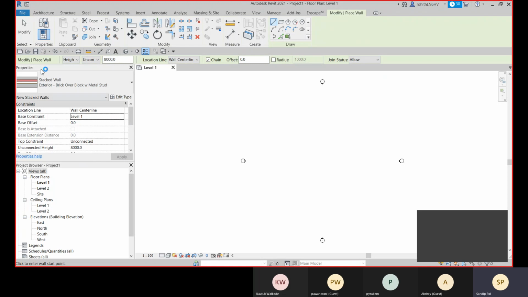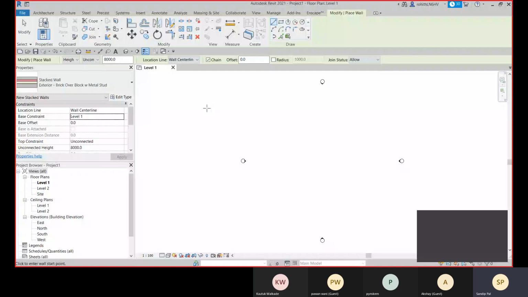So with the stacked wall you can create it, or you can create it from the plinth level, provide it thickness or any kind of design, or you can add a lintel also with your wall. Okay, so that kind of thing can be created.